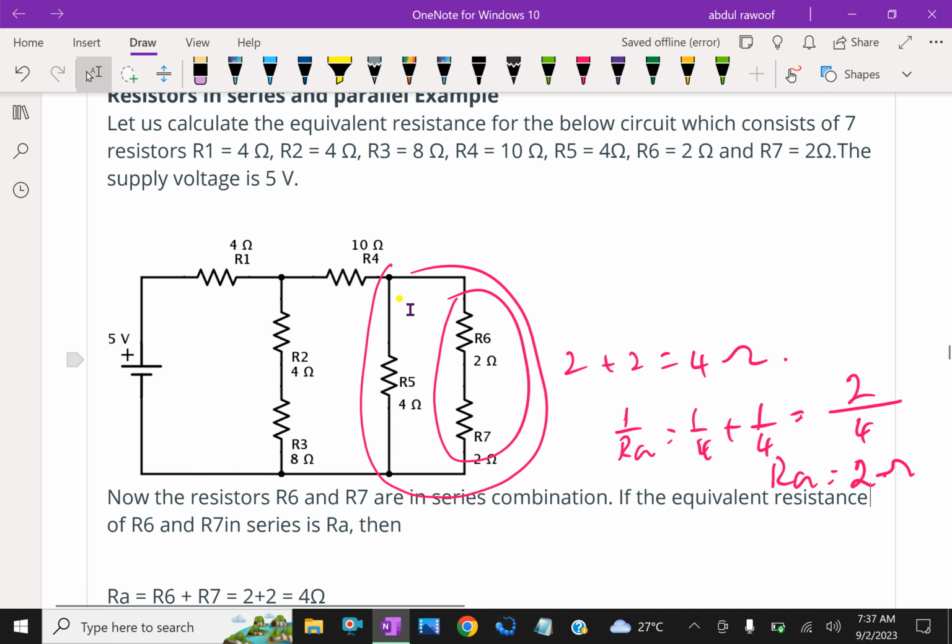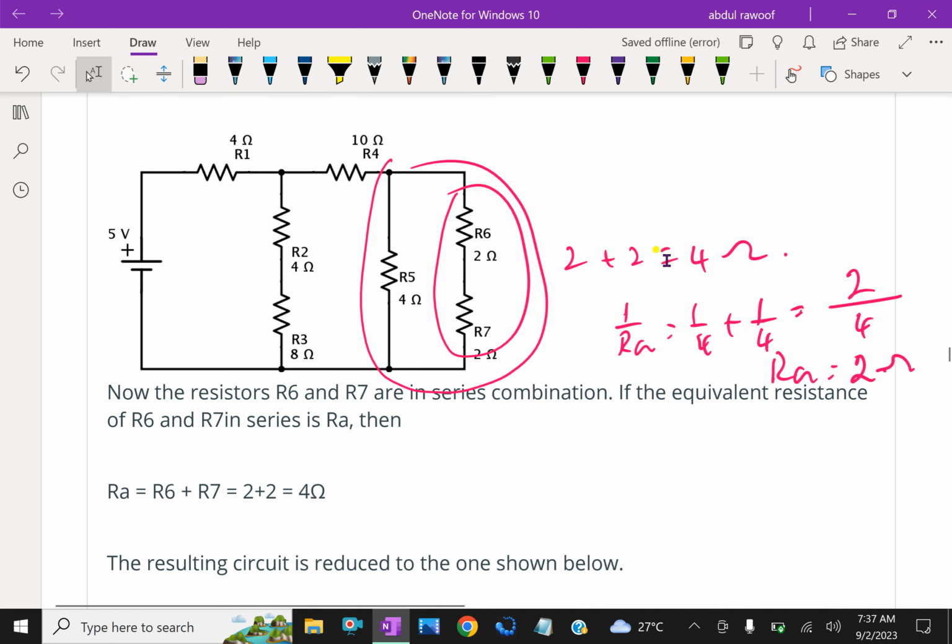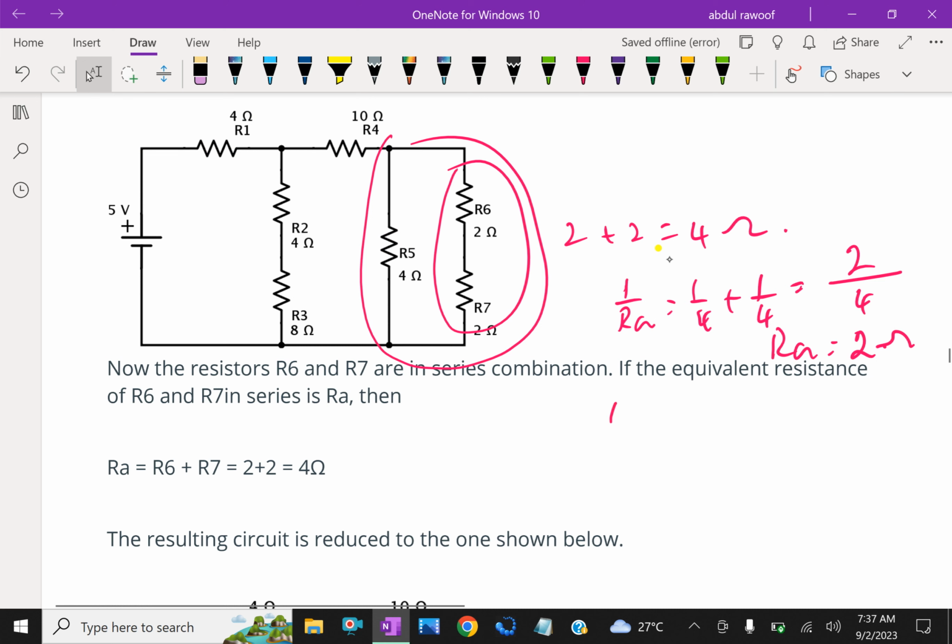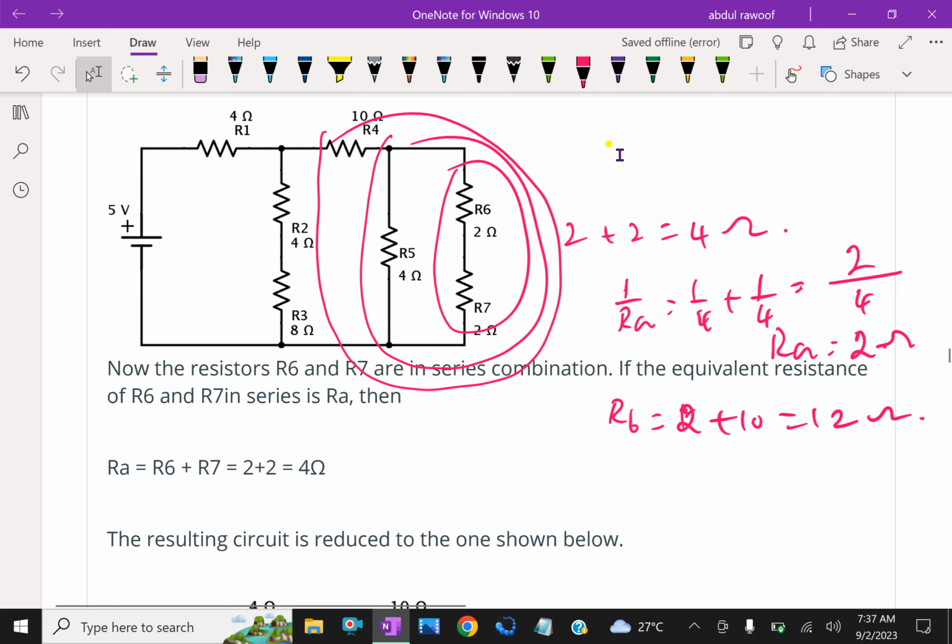This altogether is 2 ohm. This 2 ohm is connected with this 10 ohm in series. Suppose RB, 2 plus 10, is 12 ohm. This all together is 12 ohm. That 12 ohm is